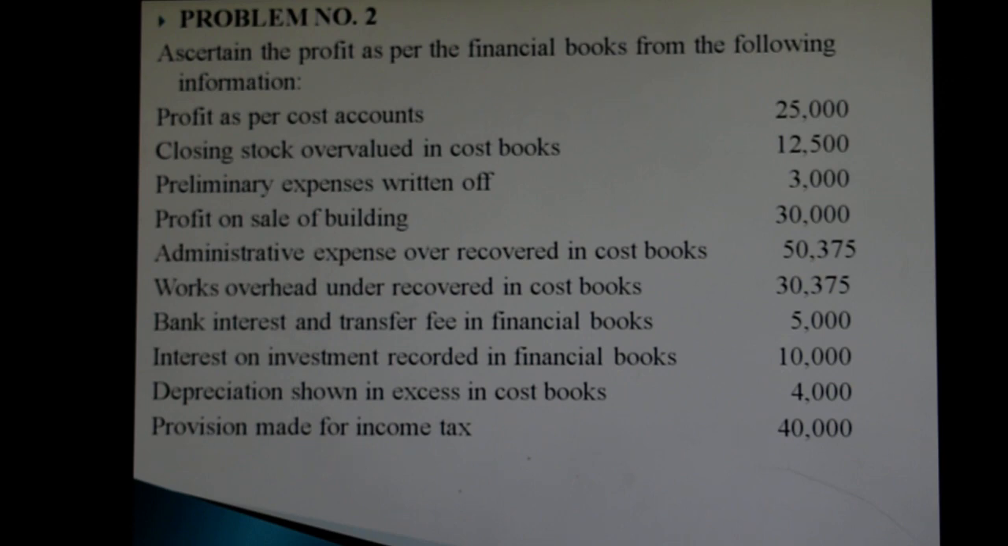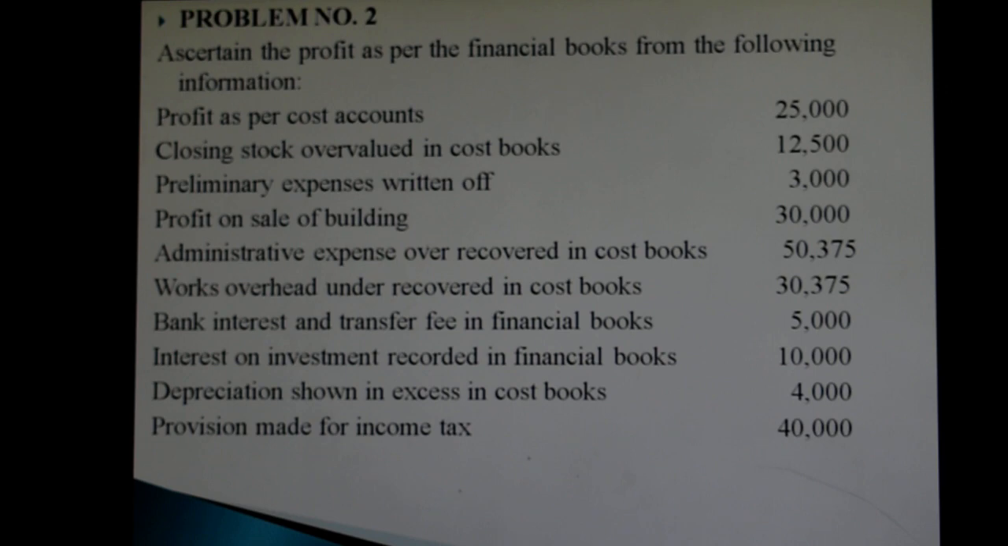Then we solve another problem. Ascertain the profit as per financial books from the following information. See here also the cost accounting profit is given and some of the added and deducted items are given. Closing stock overvalued in cost books 12,500, preliminary expenses written off, and profit on sale of building rupees 30,000. Then administrative expenses is an over recovered amount and works overhead an under recovered amount of rupees